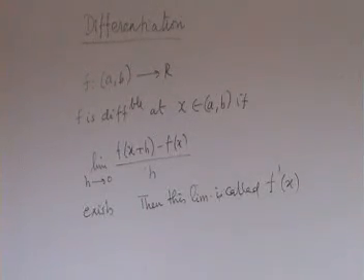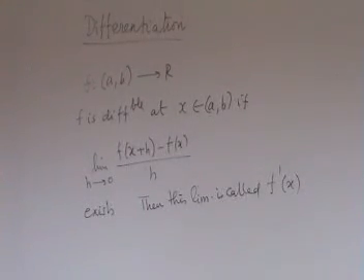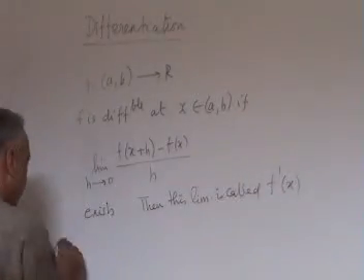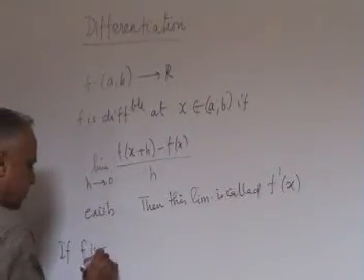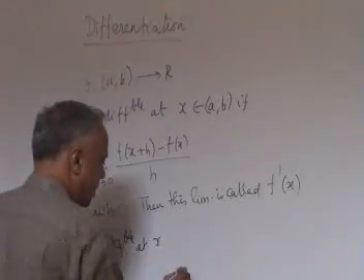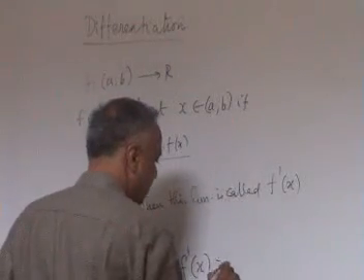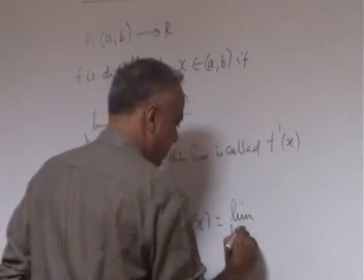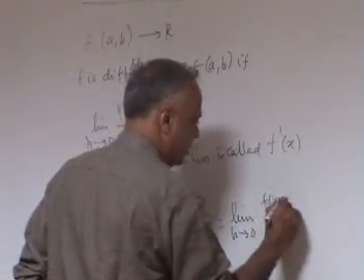Now already here you can do two things. One, you can talk about left derivative and the right derivative. That is, h can go to 0 from the left side or h can go to 0 from the right side. So there are left derivative and right derivative questions, etc. So let us stick to this part. Therefore, if f is differentiable at x, f prime x is equal to the limit as h tends to 0 of (f(x plus h) minus f(x)) divided by h.